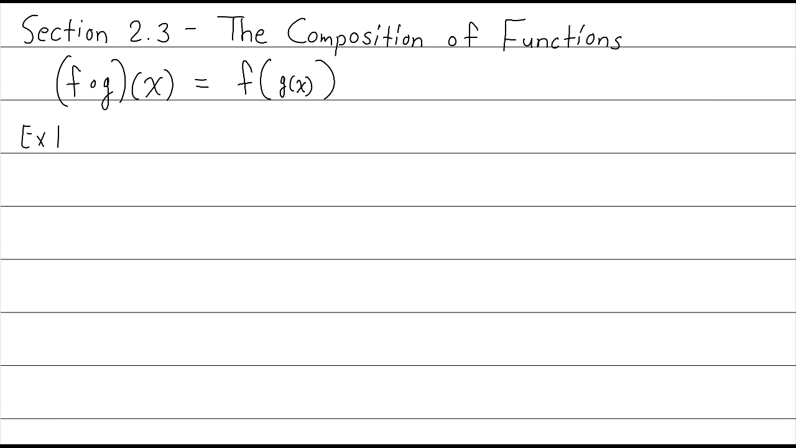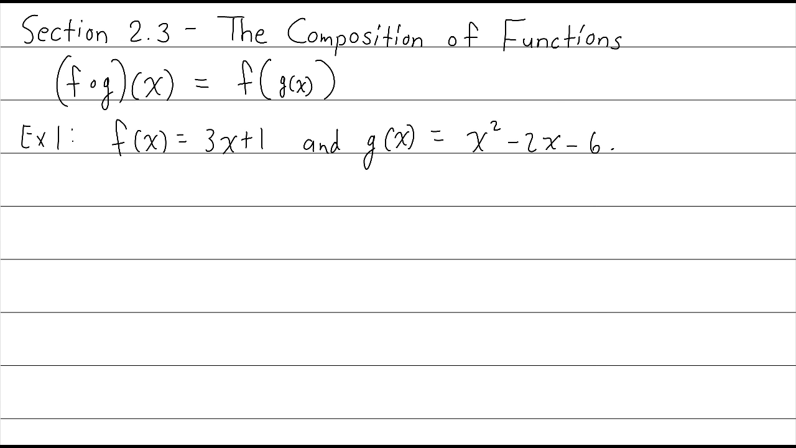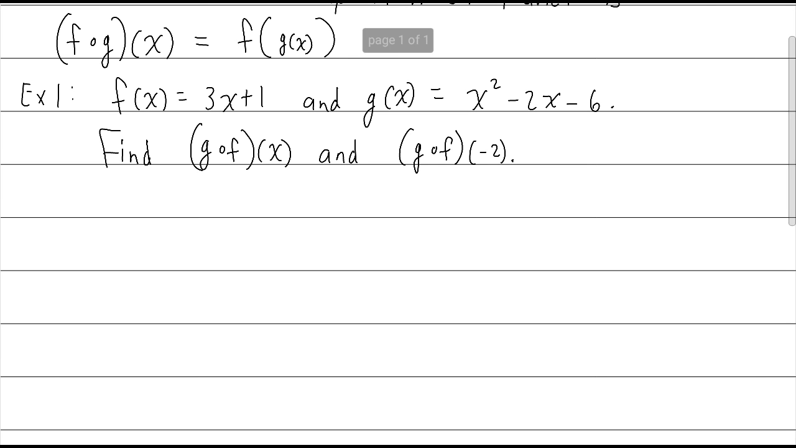Example number 1. Let's say we have f of x is 3x plus 1. And let's say that g of x is x squared minus 2x minus 6. Let's find g of f of x, and let's find g of f of negative 2. Okay, so that's going to be two things we're going to find. All right, so first of all,